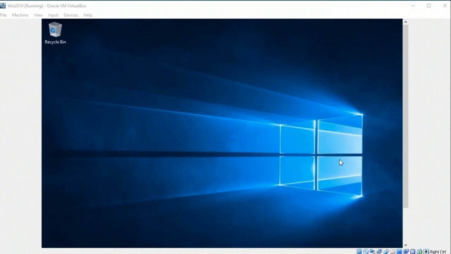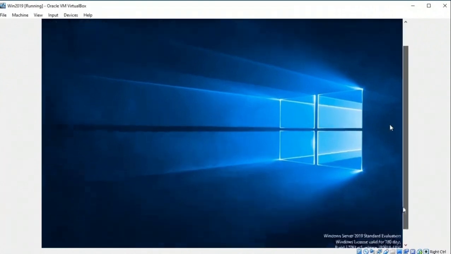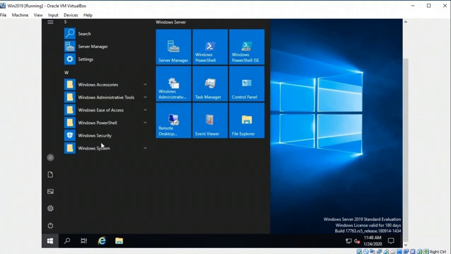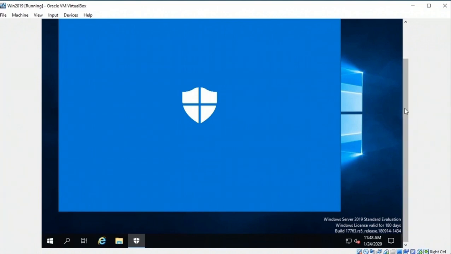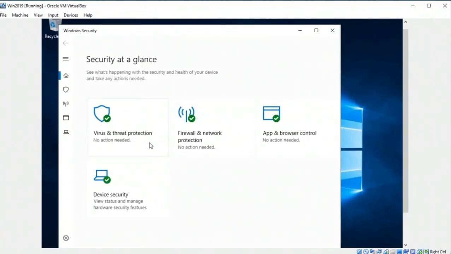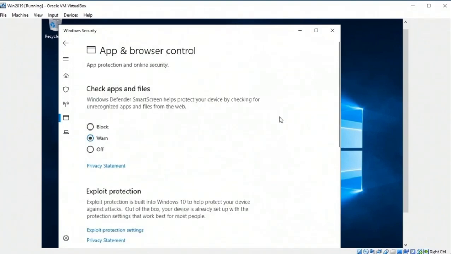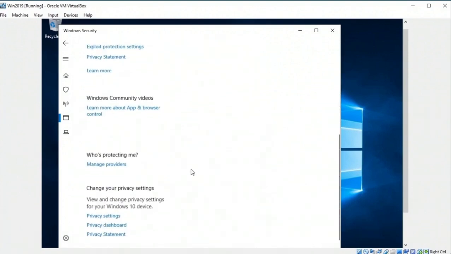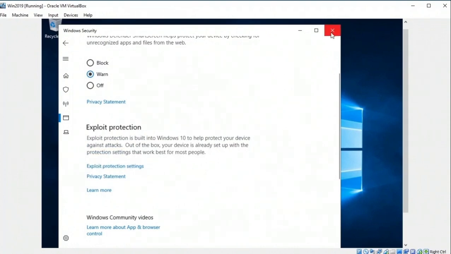Now, the desktop looks pretty much like Windows 10. No real difference there. So I'm going to come over here, and I'm going to look under Start and see what sorts of things we have. Well, you'll notice immediately we have Windows Security, which is the Windows Firewall, and similar items in there. So you can go through here, turn on virus protection with Bitdefender, configure the firewall, app and browser control. Now, it's telling you here these are all checked, so you might think just ignore them. Well, I would advise you go in there and take a look at what they're doing and make sure that what they consider appropriate matches what you think's appropriate.